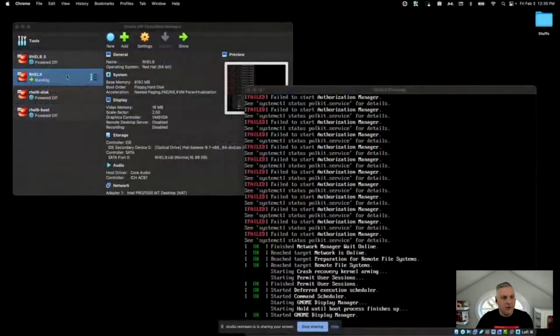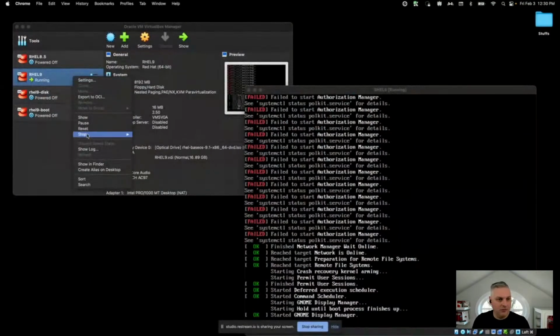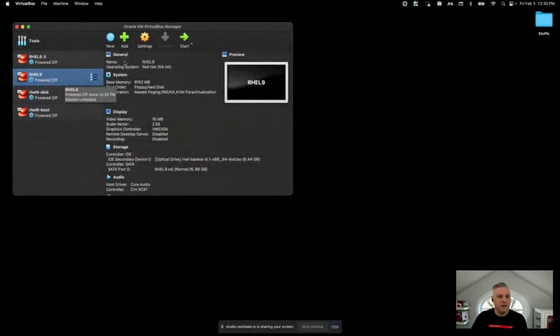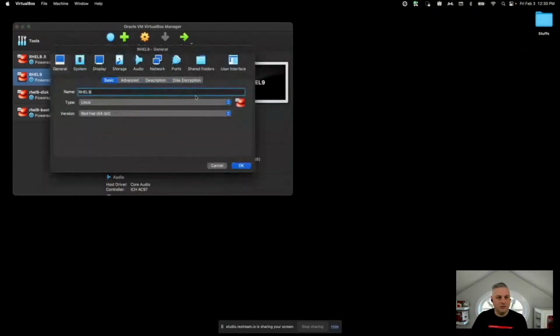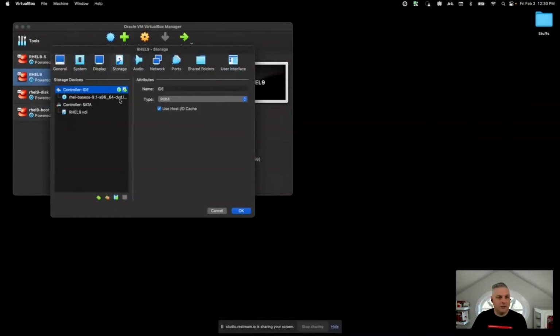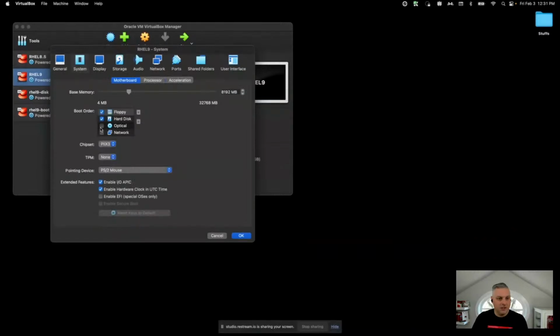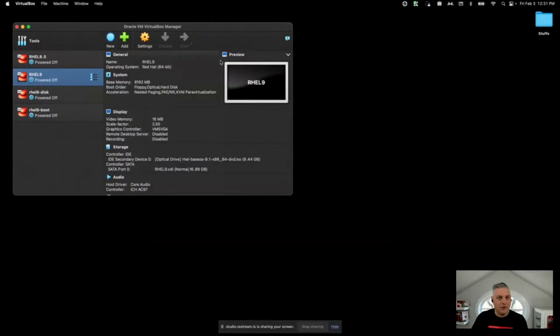All right. So let me go ahead and hard power off this machine. I'm going to go to stop and power off. Then I'm going to go to settings. I'm going to attach the installer ISO to the CD-ROM. And then I'm going to go to system and make sure that it boots off the optical device. I also need to move that optical device higher up in the boot order so that it prefers that over the hard disk. All right, and now when I boot it up,